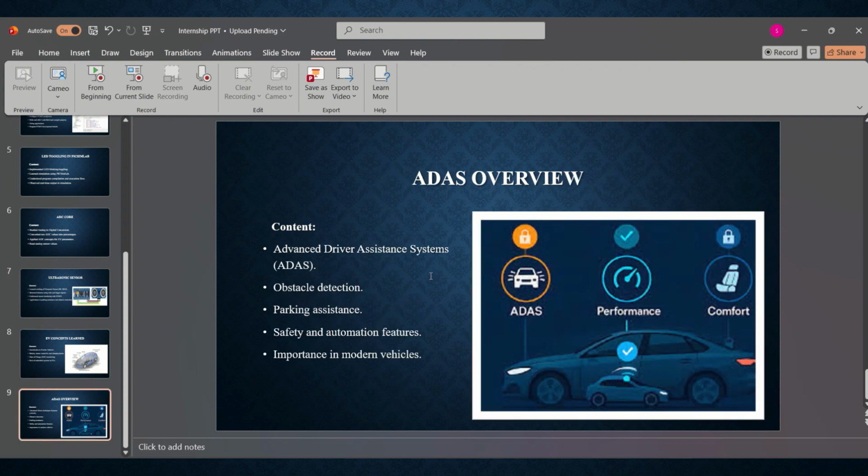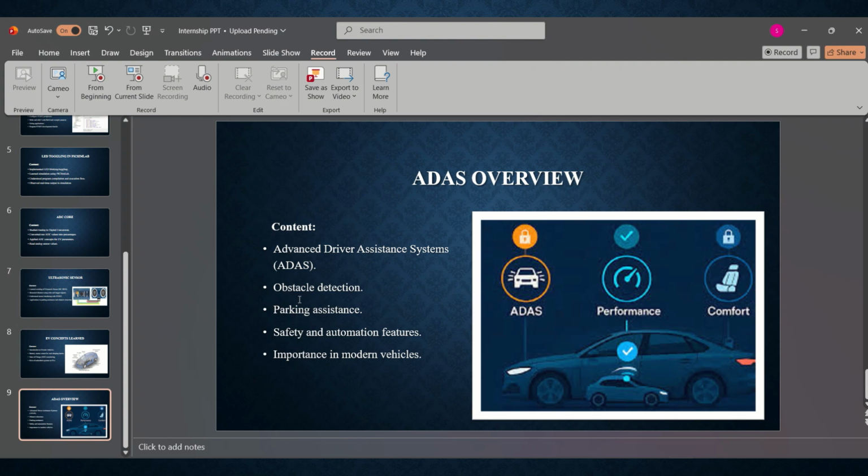So next is ADAS overview. This slide explains advanced driver assistance systems, commonly known as ADAS. ADAS is a collection of intelligent safety technologies that help drivers avoid accidents. It uses camera, sensor, ultrasonic sensor, radar, and microcontrollers. Some important ADAS features are obstacle detection, parking assistance, lane keeping assistance, adaptive cruise control, automatic emergency braking, blind spot